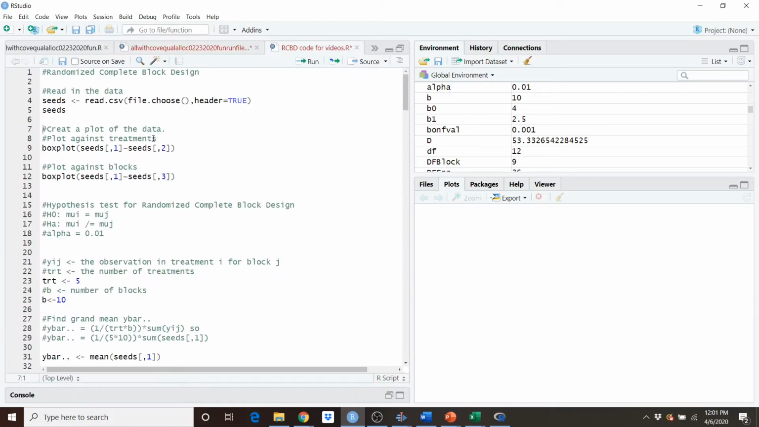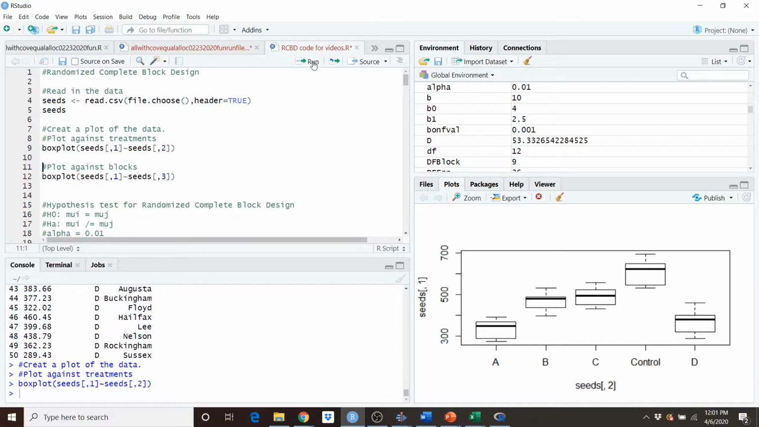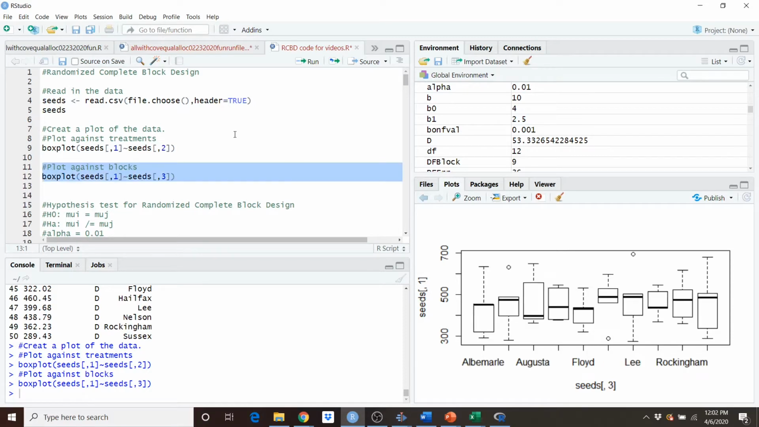Now, the first thing we'd like to do is create a plot of the data. So let's first create a box plot of just our yields and our treatments. And here we see we've got A, B, C, our control, and D. Notice our control seems to have a higher yield than any of the others. Well, now let's plot against our blocks. So when we plot against our blocks, notice we get each of our counties in Virginia